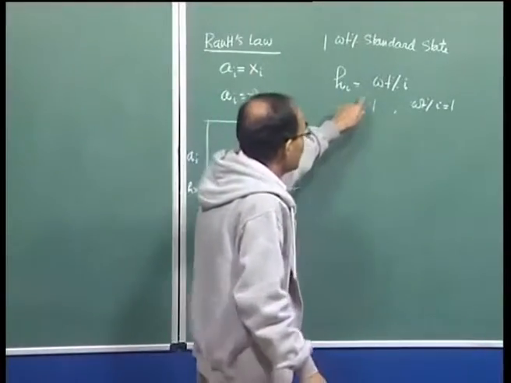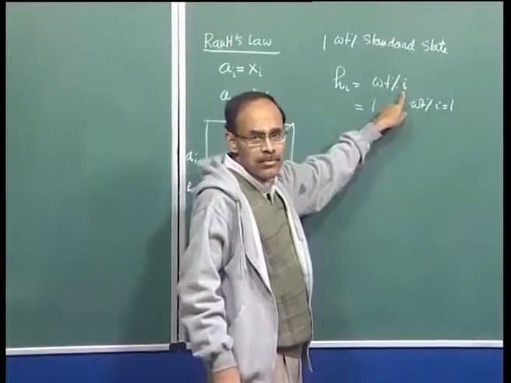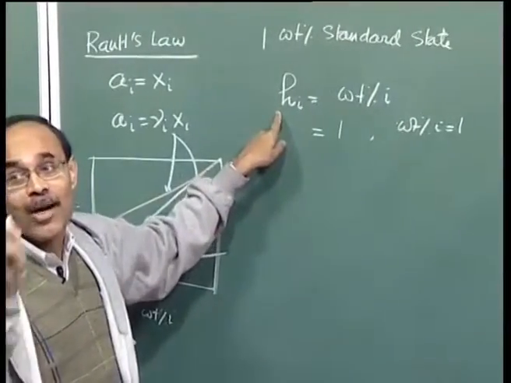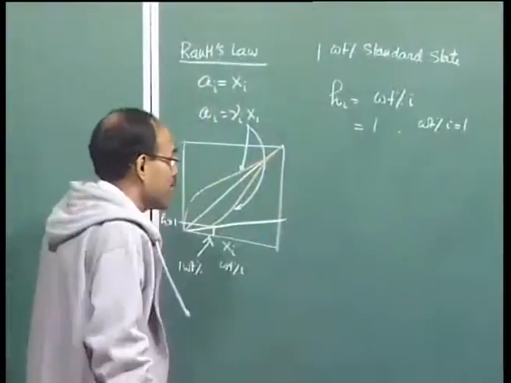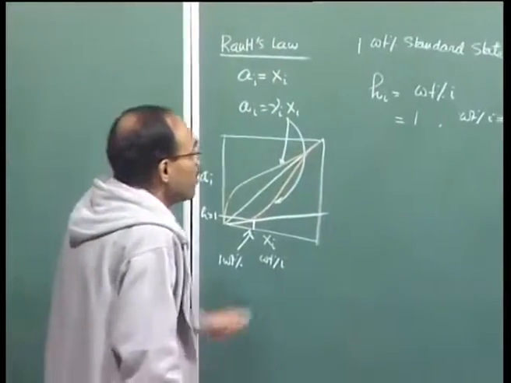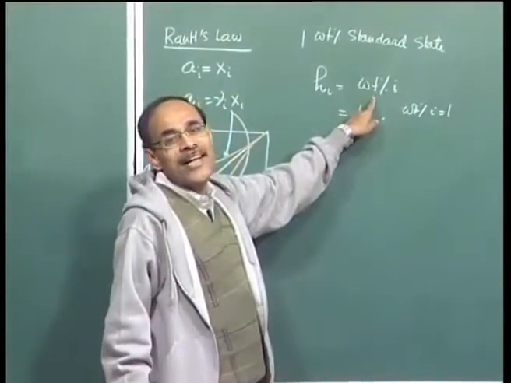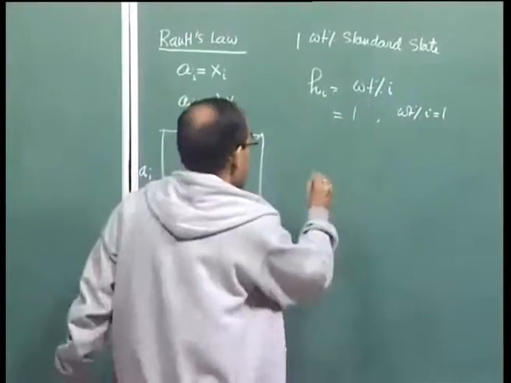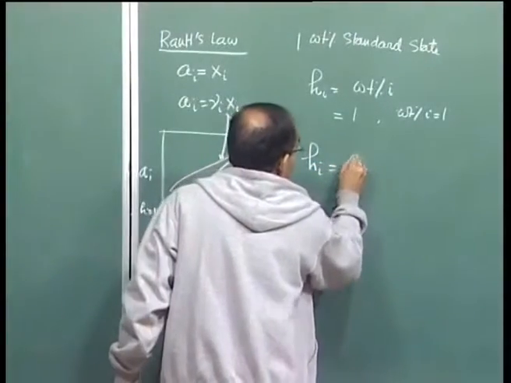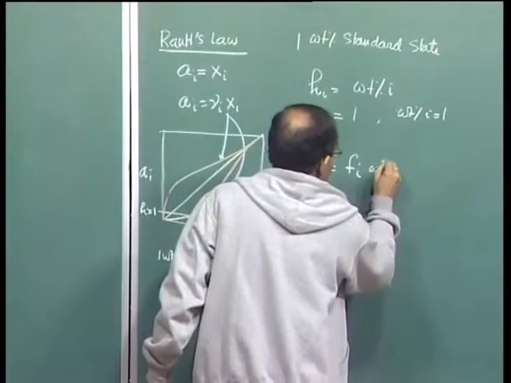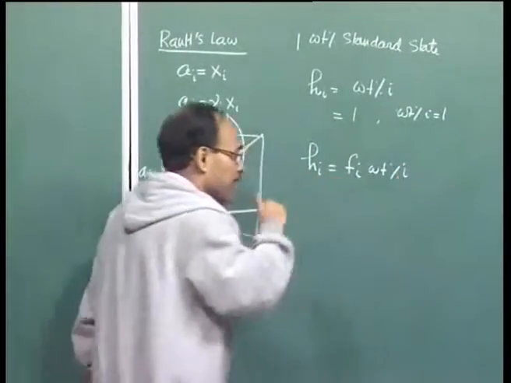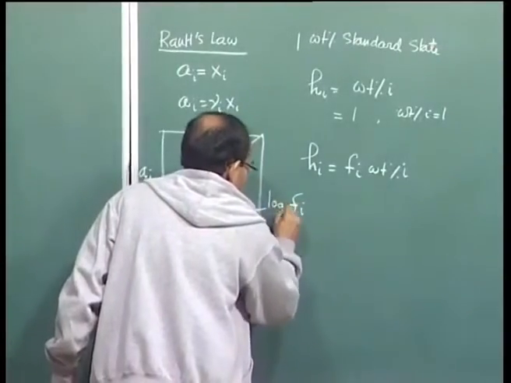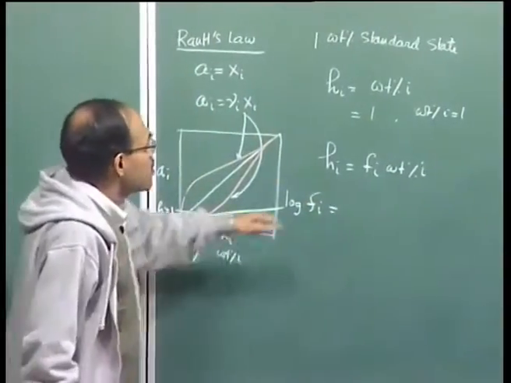Now, if weight percentage is equal to 2, in that case what happens? If Henry's law is obeyed up to that, the activity does not become equal to 2, it becomes equal to 1, because that is the maximum value of activity that is actually possible. Now, this assumes that up to 1 weight percentage Henry's law is obeyed in that 1 percentage standard scale, but if it deviates from that, we can introduce a parameter, the activity coefficient fi, times the weight percentage of i, and this fi is actually given in terms of the composition of the